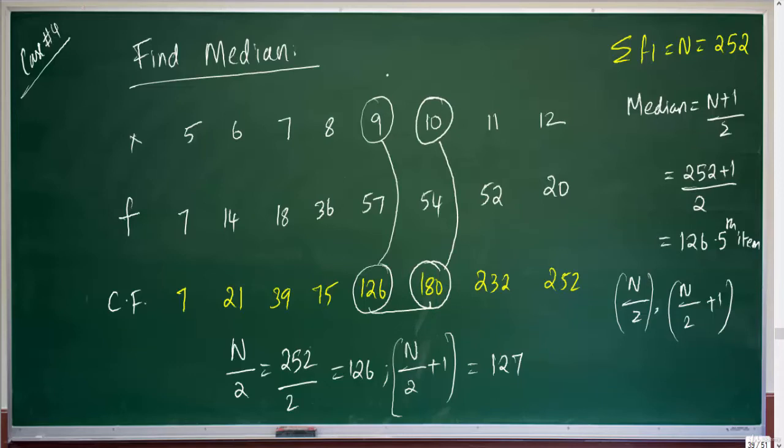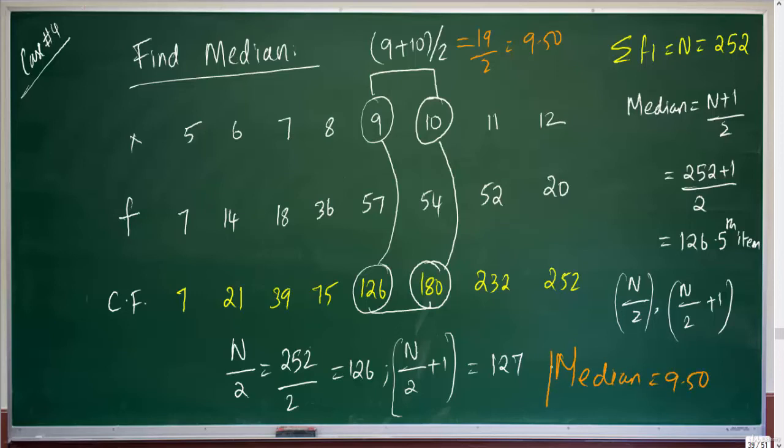So now we have to take the average of these two numbers, that is 9 plus 10 divided by 2. So we can write median is equal to (9 plus 10) divided by 2, that is 19 by 2, and it is actually 9.50. So our median is